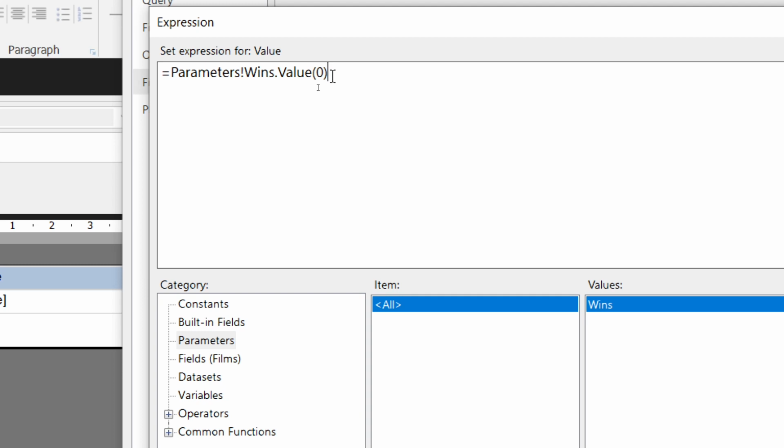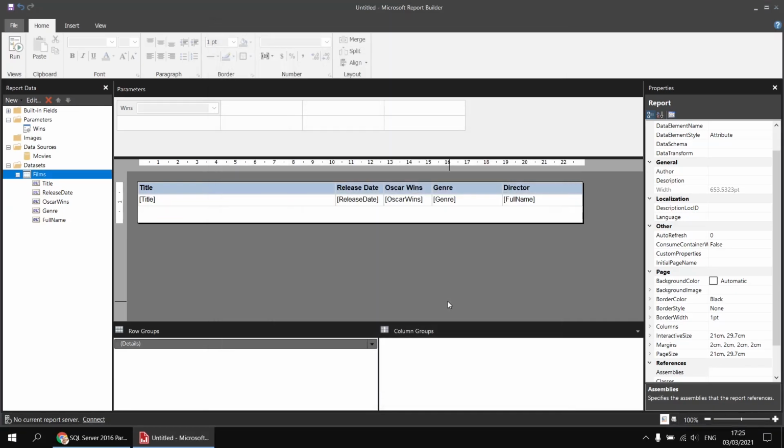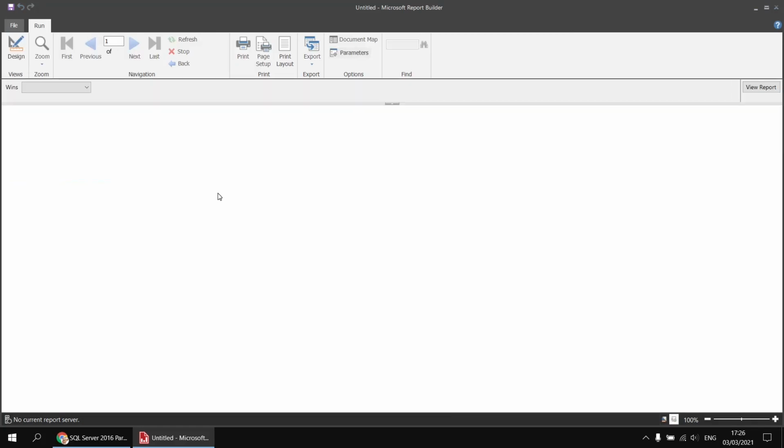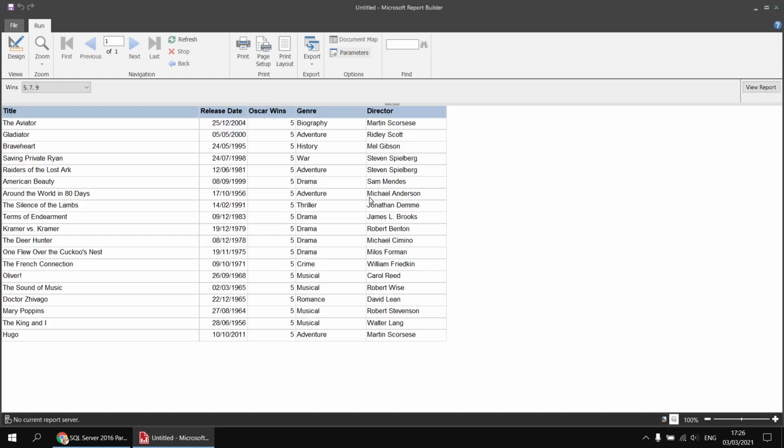Just to show you that this will kind of partially work, let's just click OK at this point and then click OK again. And then if I run the report, we can type in as many different items as we like. Let's type in, I'm going to go for 5, enter 7, enter 9, and then view the report. And although I've typed in multiple items here, I'm only returning films which match the first item